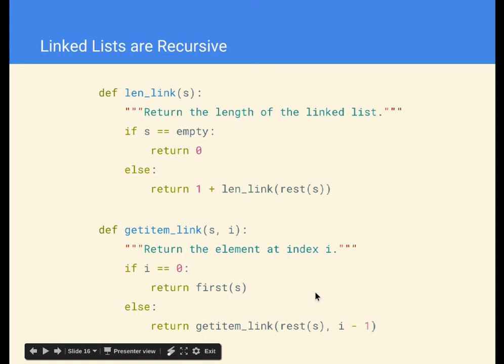Okay, any other questions? Yeah. Is there a difference between rest of S and S of 1? Could you say return 1 plus length list of S of 1? Yeah, great question. What's your name? Jack. Yeah, so Jack's question was, what's the difference between saying rest of S versus S of index 1,